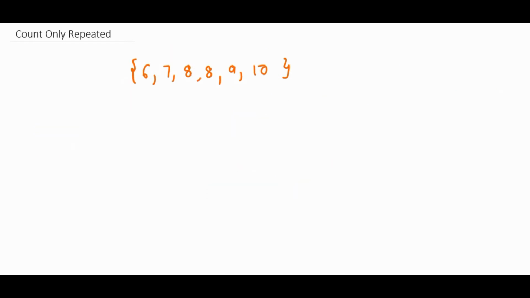Now let's see another approach to solve this question. As we know, we need to find two things: first, the element that is repeating, and second, the number of times it is repeating. Let's first find how many times the element is repeating. How can we find that? We know the number of elements in this array, that are 1, 2, 3, 4, 5, 6. 6 is the number of elements in this array.